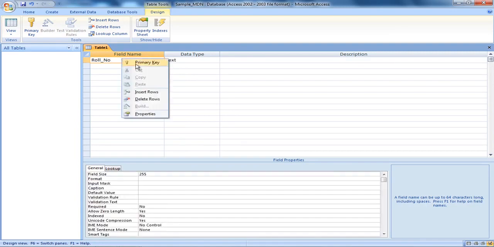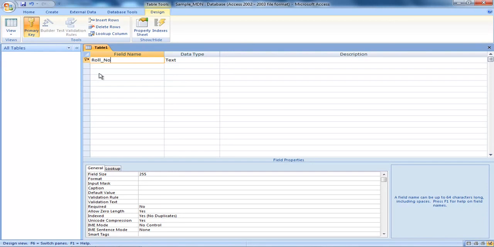So we have to define it. Now first of all, right click, you see this option Primary Key. So we click on Primary Key, a small key symbol appears here. So this is the field roll number. Now when I say roll number, what kind of data will I enter in this roll number?